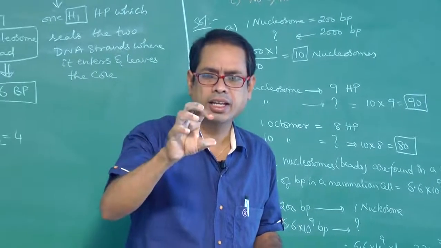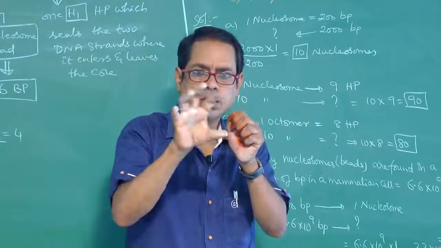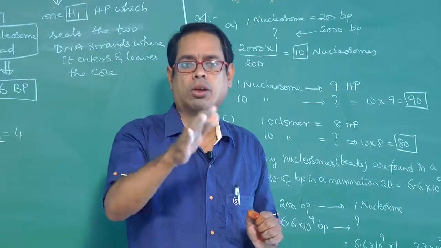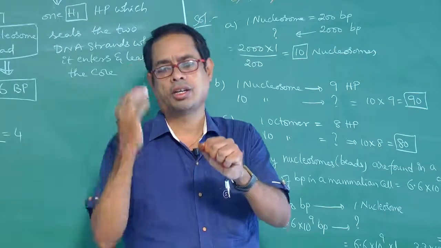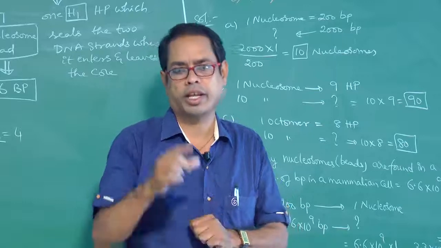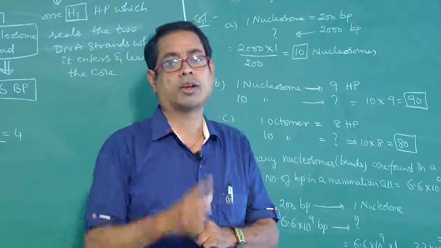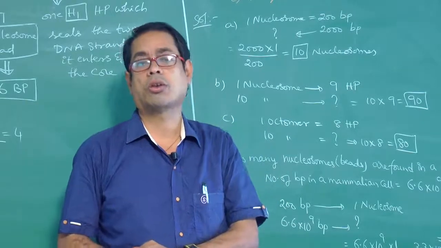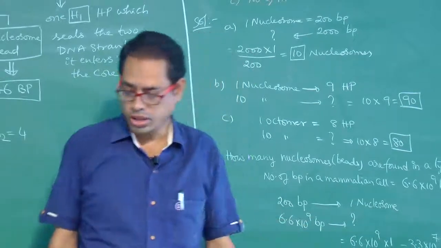Nucleosome bead or core or octamer means we take the 8 histone proteins present inside the core. For chromatin thread or chromatin fragment, not only the inside but also the outside of the core is counted: 8 histone proteins inside the core and 1 histone protein outside the core. That one also we have to take. We have to remember these points to solve the problems. So try to note down all these points.